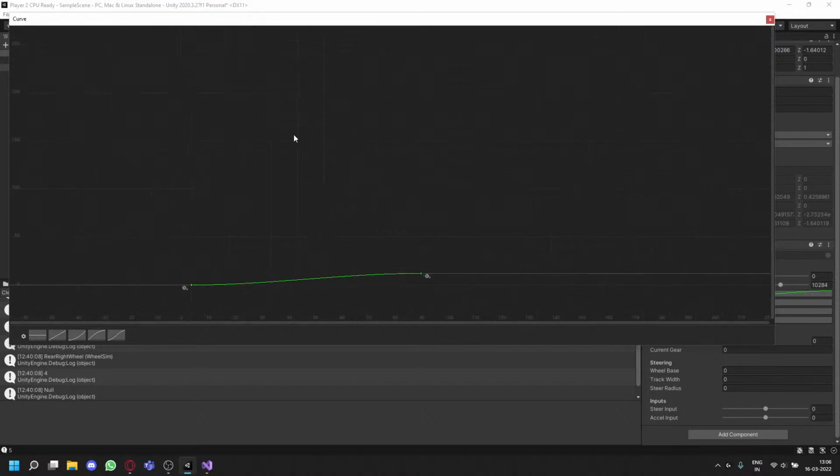This is the normal zoom, and if you want to zoom just the y-axis, you can do it by holding shift while scrolling, and if you want to do just the x-axis, you can do it by holding control while scrolling. Okay, now that this is visible,